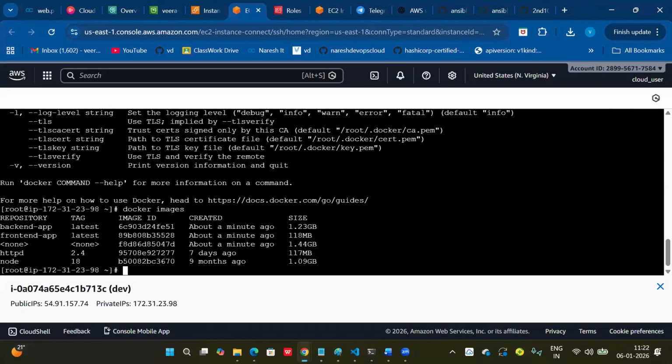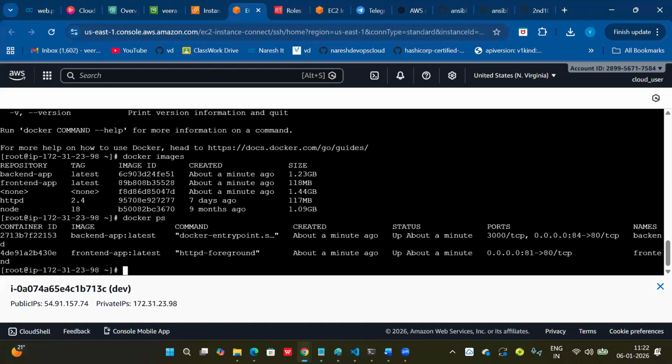Docker images: backend API, front-end API. Docker ps. So two containers are running or not, backend and front-end. But RDS is not there, right?